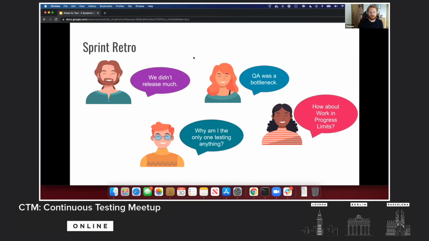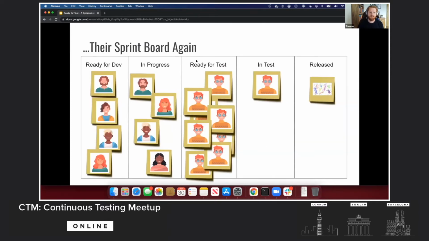But these, I feel, only really put a plaster over the actual problem, which I believe the QA is asking, which is why are they the only one doing the testing on the team? If we look at that board again, we can see that the ready for test column only has one face on it, and it's the QA's face. They're the one taking all the tickets, verifying that they meet the requirements in that in test column. And because of that, it's slow. There's only one QA in this team, and there's many other people generating work to be tested. So it takes time, it slows down release.